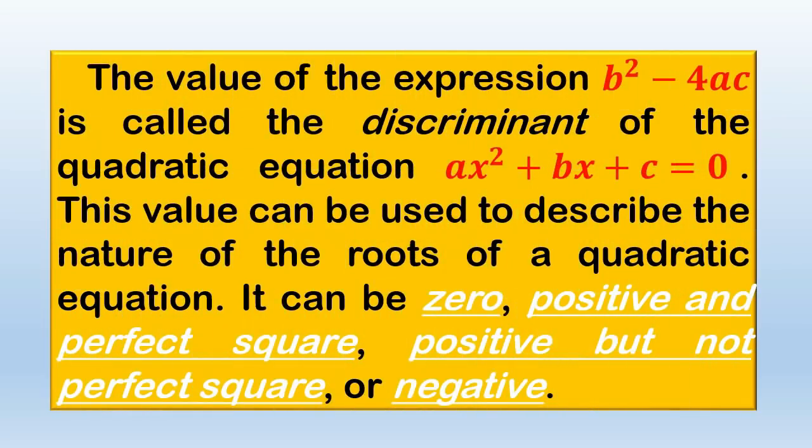In this lesson, the value of the expression b squared minus 4ac is called the discriminant of the quadratic equation ax squared plus bx plus c equals 0. This value can be used to describe the nature of the roots of a quadratic equation. It can be 0, positive and perfect square, positive but not perfect square, or negative. So through the discriminant of the given expression b squared minus 4ac,